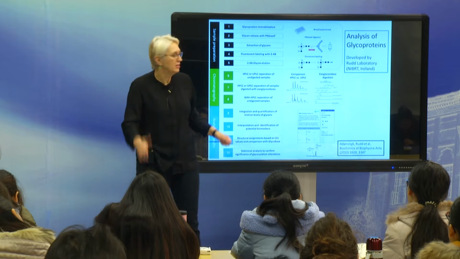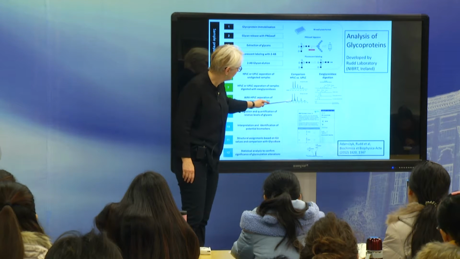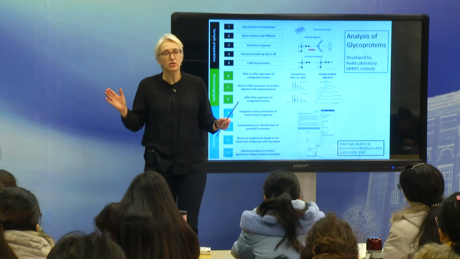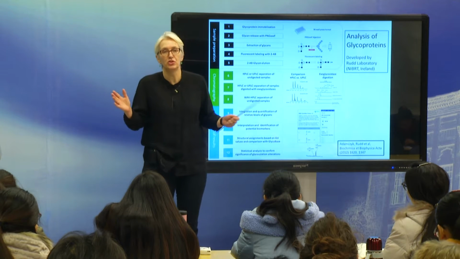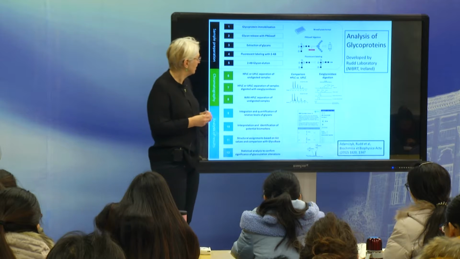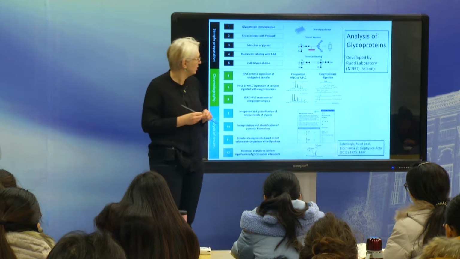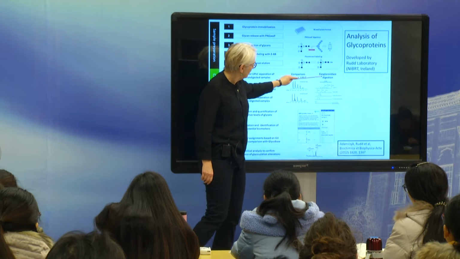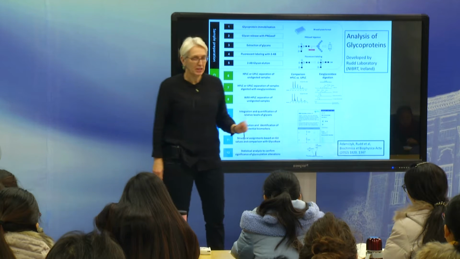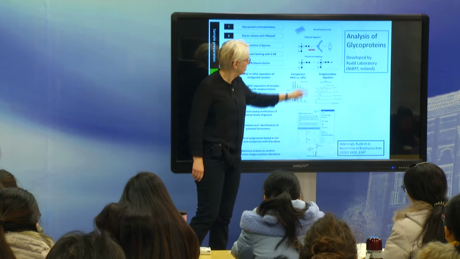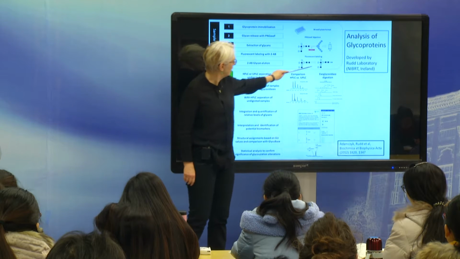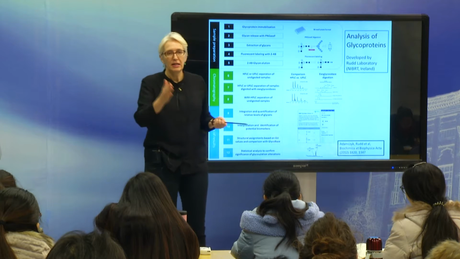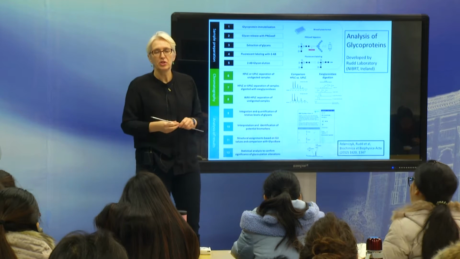So it tells you really in the first instance that you've got all these different peaks there, and you've got lots of different structures, but it doesn't really tell you which structure you have. So how do you assign the structure? And again, this is extremely laborious. So one way of doing it, getting some information, is exoglycosidase digest. So you take these samples here and split them up, and then each of them undergoes